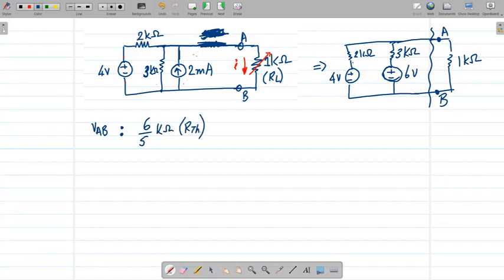And then what is the voltage drop across the terminals A and B, right? The open circuit voltage drop. To compute that, you can use superposition. That means you short the 6 volts and find out the voltage drop due to the 4 volt circuit. So you have 2 and 3 kilo ohms. This is something you can try out. We have worked a lot with superposition.